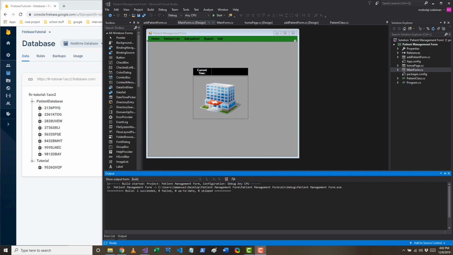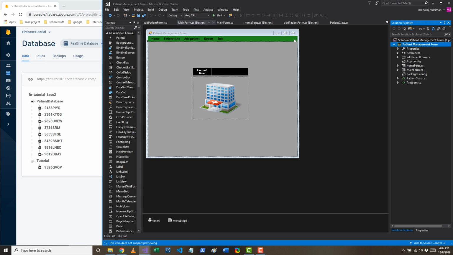What I'm going to do now is write the retrieve operations. I previously wrote the create operations of a CRUD app. Now I'm going to write the retrieve operations by getting information from this database into a dictionary and then using the values of that dictionary to populate a list and then display the contents of that list into a data grid view. So I'm going to go over here to my Solution Explorer and I'm going to click here and